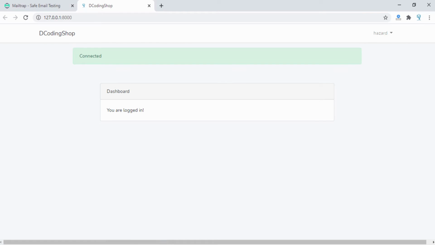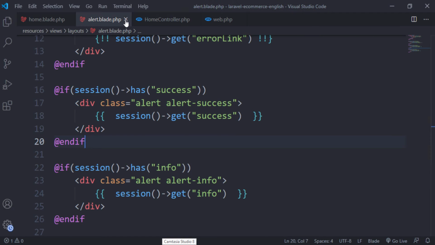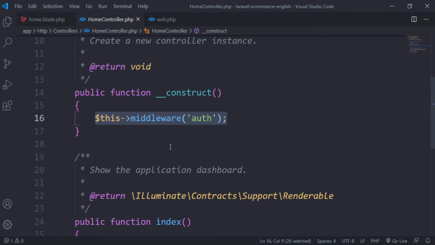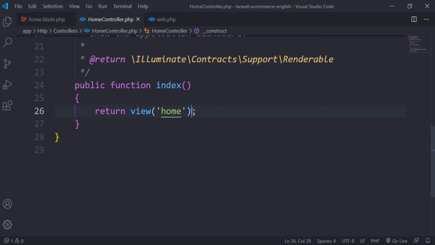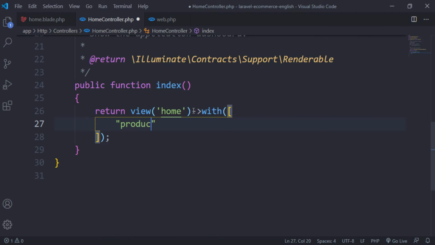So let's move to the products section. First of all, we are going here to the home controller. I will remove this line, we don't need it. Next, we will get the products and send them to the home page. So we will have the products, and for products we will